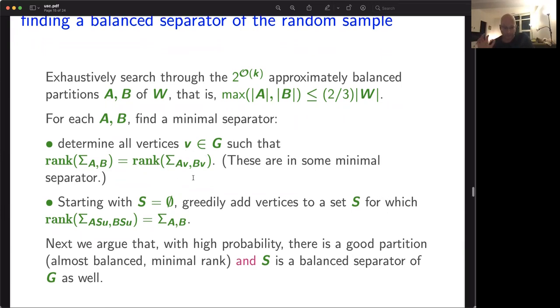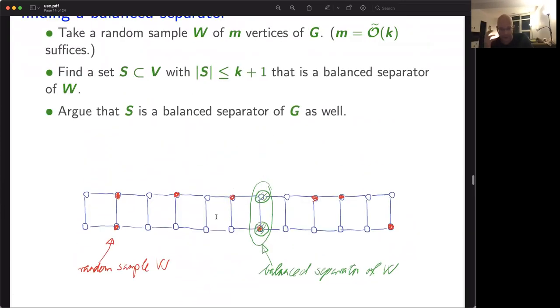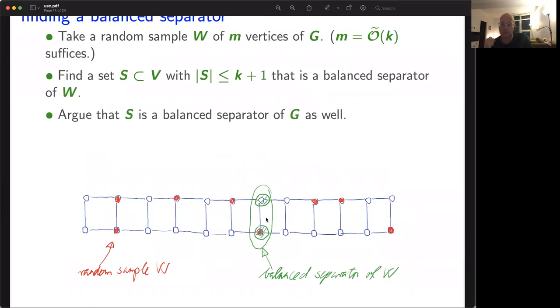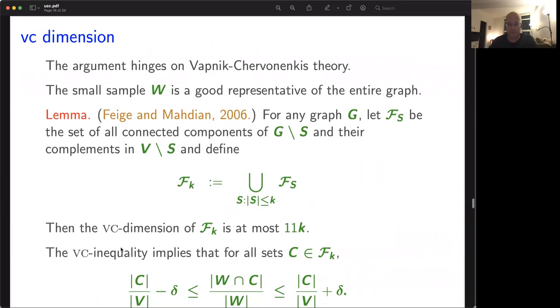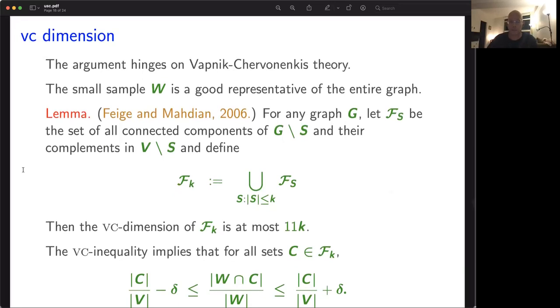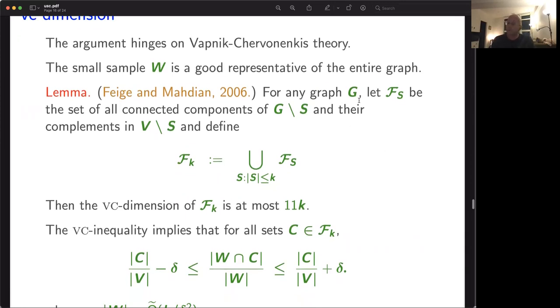And now the key step in the analysis is to argue that if I find a balanced separator of the red vertices, then it will be an approximately balanced separator of the whole graph. And for this, we use VC theory, Vapnik-Chervonenkis theory, which is a theory of uniform convergence of relative frequencies to probabilities. In particular, we use this nice lemma of Feige and Mahdian, who proved that for any graph,